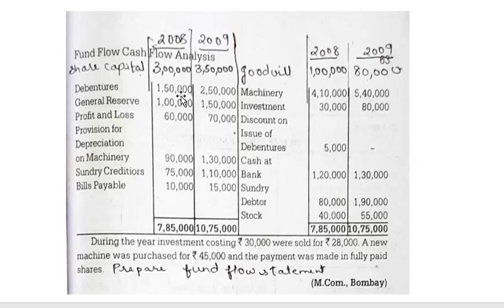Next comes the liability side, share capital. Share capital comes under fund flow statement. If there is an increase, it means it is an issue. Issue means inflow. If there is a decrease, it means payment. Payment means outflow. Here debentures also come under fund flow statement. General reserve comes under adjusted profit and loss account, because when there is an increase, it means it is a transfer to general reserve. When it is a transfer to general reserve, it is a non-operating expense. When it is a non-operating expense, it has to be entered in the adjusted profit and loss account.